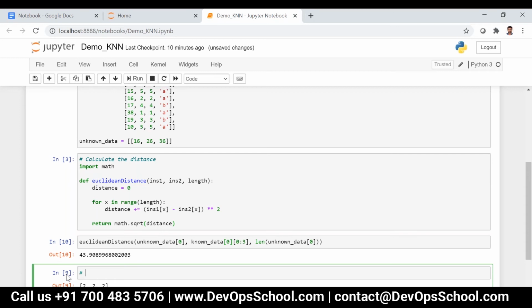Next, we are writing the formula for get neighbors. So I can say def get_neighbors. I can write existing data, new data, and then number of neighbors, let it be 3 by default. We can say 1 also, but if I say k is equal to 1,